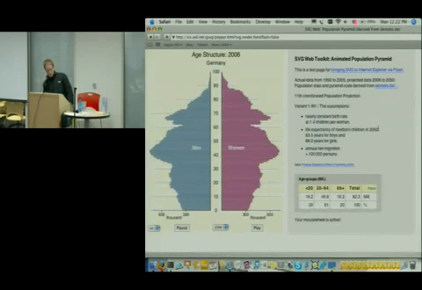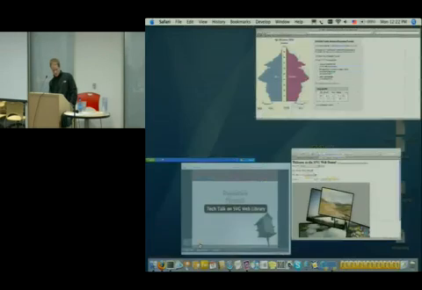So this is actually Safari with its native support. We see the two different population demographics. And I'll actually do all the toggling in IE so you can see how this actually works.